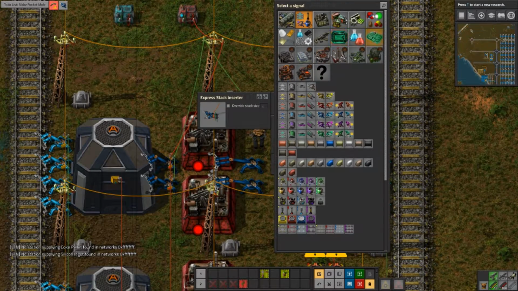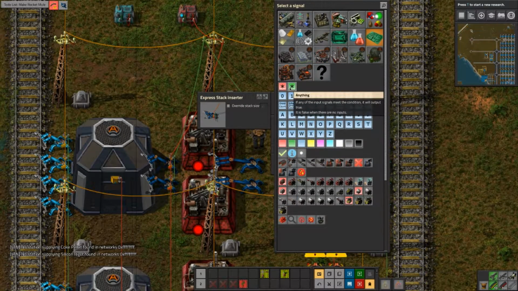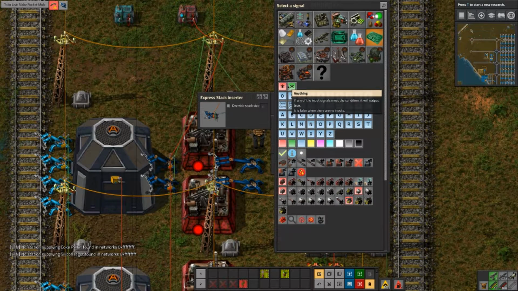And I could set it to everything. If any of the input signals meet the condition, the output will be true. Or if everything